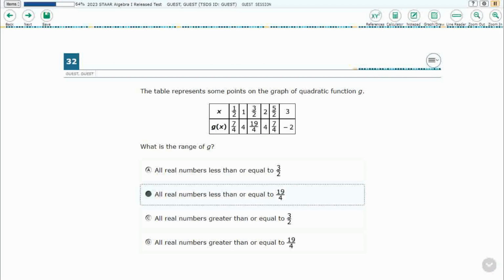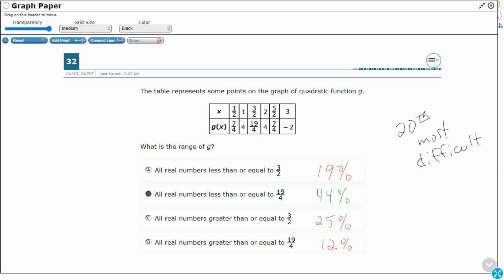Let's see how we did across the state of Texas. So this was the 20th most difficult. You see, we only got 44% of the students that got this one correct. Honestly, I think the biggest challenge here was all of these improper fractions. Taking the time to write all of these as mixed numbers, because if they gave it to us just as